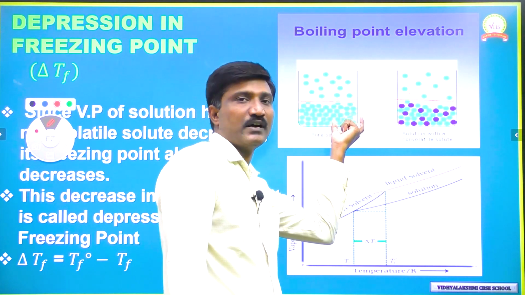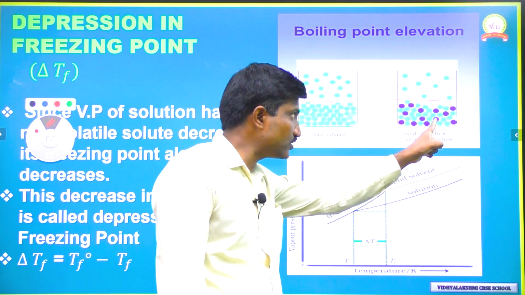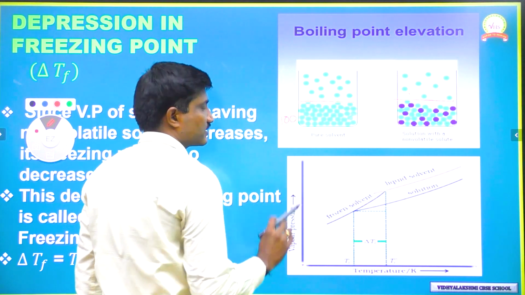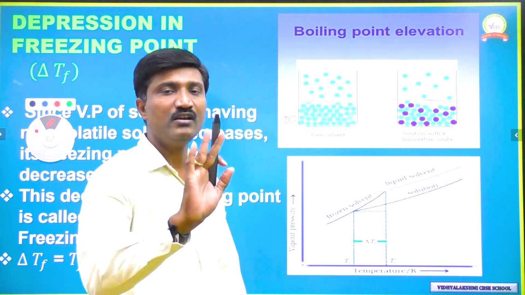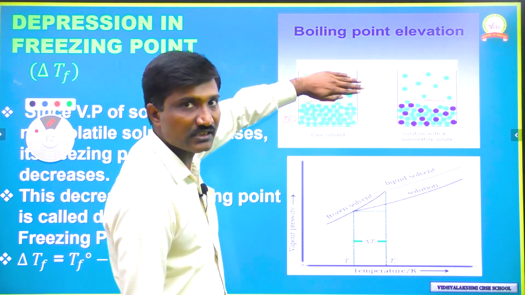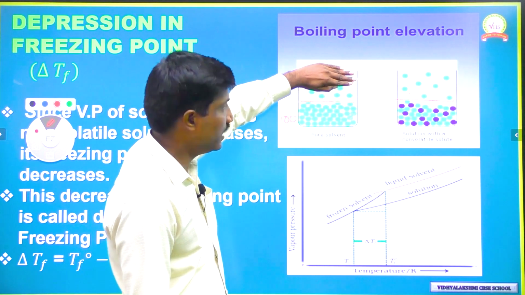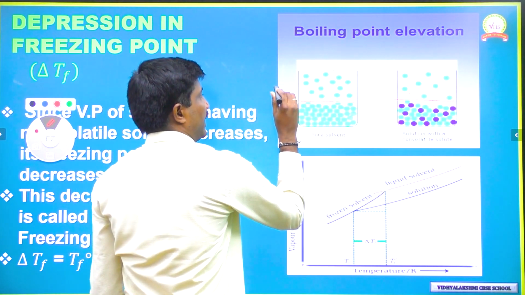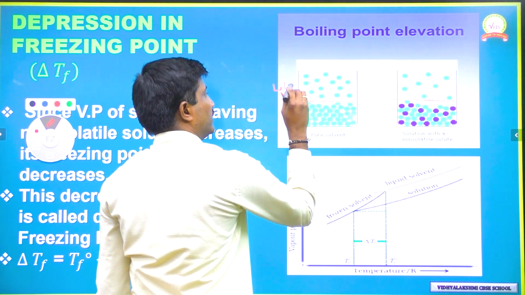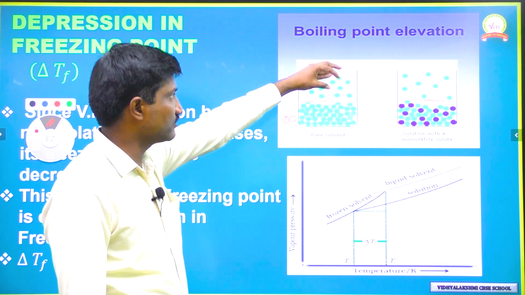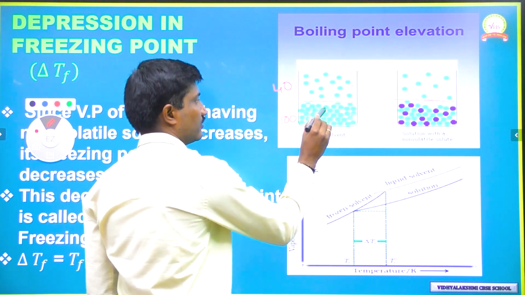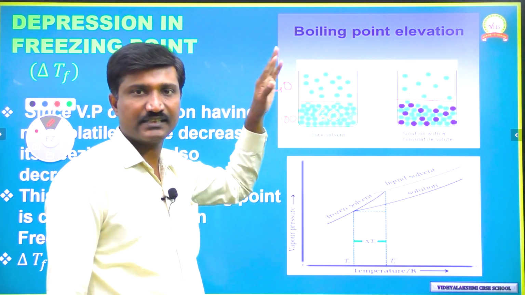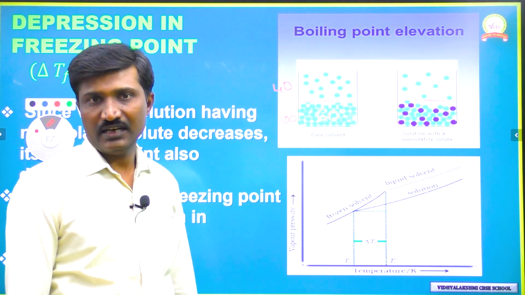Then what about the liquid particles present in the liquid state compared to here? Less. Let us take that initially 100 solvent molecules are present, that is 100 liquid molecules before vaporization, and no molecules are present in the vapor state. I am assuming that out of the 100, 40 enter into the vapor state. So the vapor molecules are 40, then how many liquid particles are there? 60. Total 100. 40 are in vapor state and 60 are in liquid state.